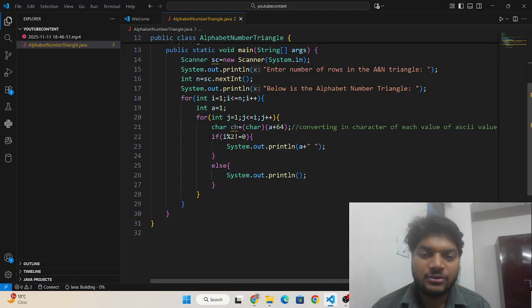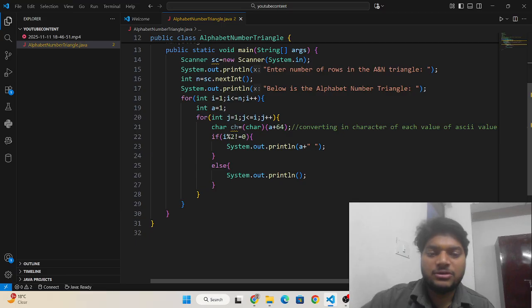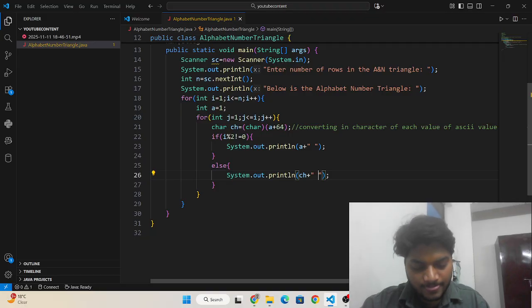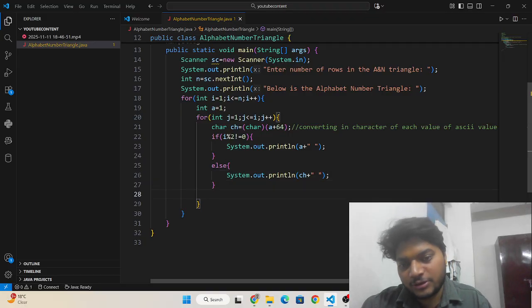Okay, and else in if row means row is going to be even, so we need to print character with one space. Okay, and after that I need to increase a by 1.